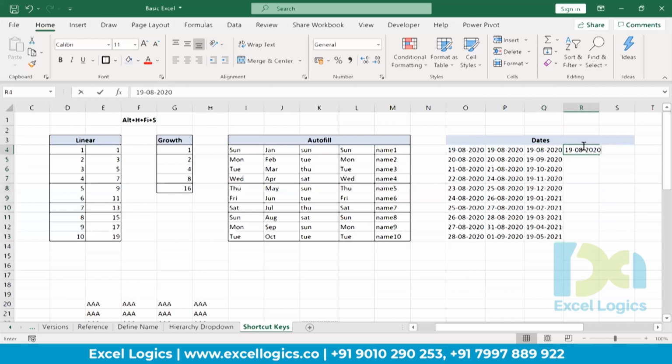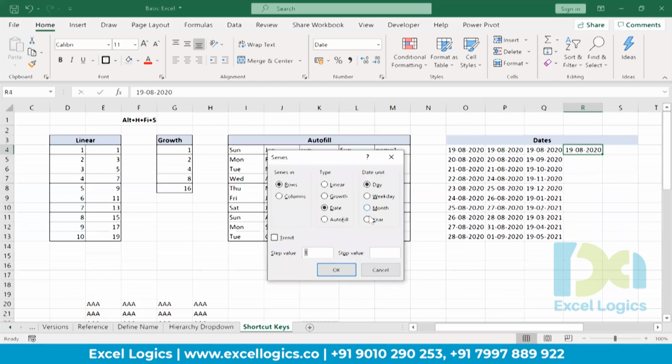And next, year increment. Now I'm not selecting the range. Now let us see how it works without selecting the range. Let us give stop value. Year, I want values in columns. Previously I haven't selected columns because we were selecting the range in columns, so directly it was taking columns. Now we are not selecting the range, so I'm selecting columns. And year and stop value, I want